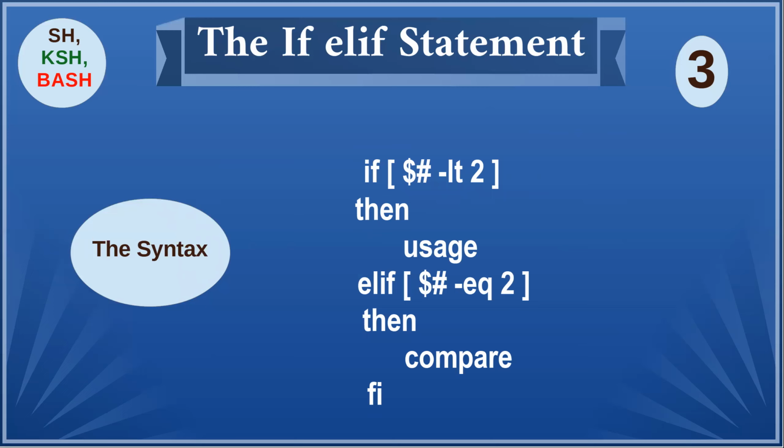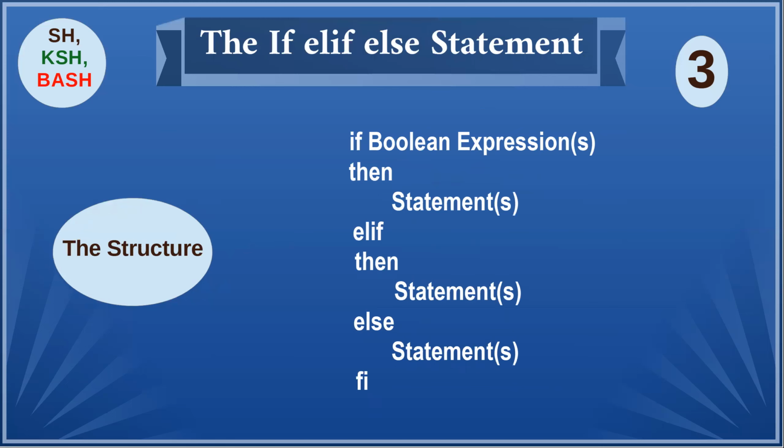So in this case, the elif would be executed if the first one is not true, meaning $# is not less than 2, but then it's exactly equal to 2. But if it is equal to 3, it will not call the compare function. So you have to just do those elif statements whenever there's need for it. This is the elif